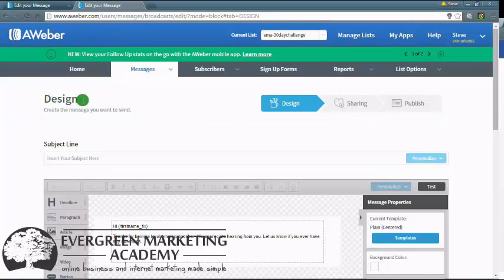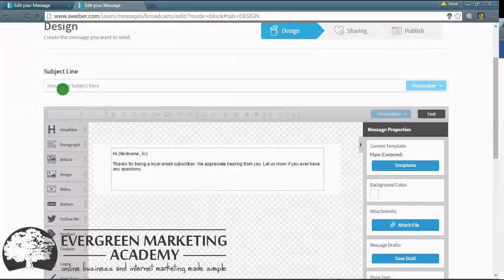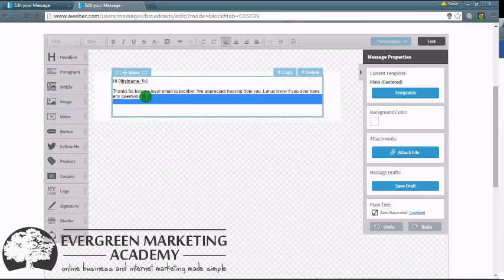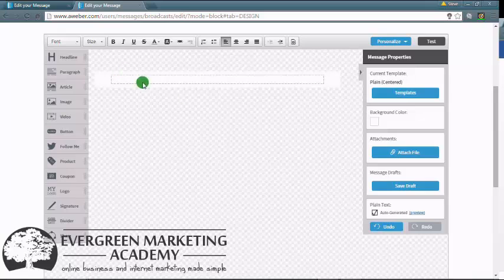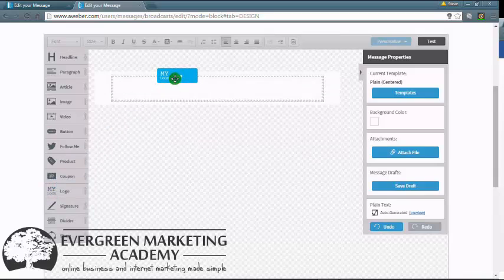So you can see we're on the design page now. We've still got the subject line, but if I just remove this element here, we've got a blank canvas, and we can add pretty much whatever we want in here. We can add video to the message, images, coupons, social media links, logos, dividers, social share options. It's pretty neat what you can do on here. You just literally drag the element onto the page,